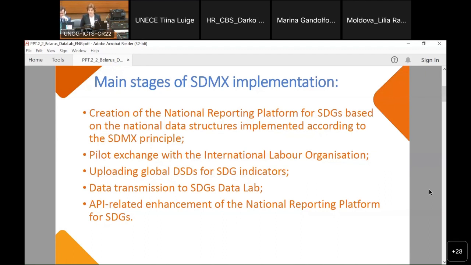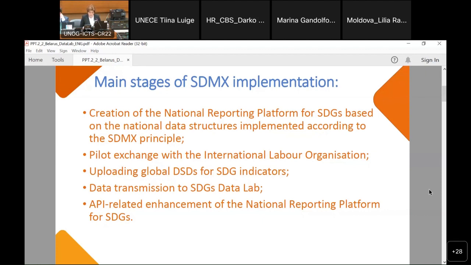In order to get a grip on this process, we wrote to the ILO and asked them to conduct a data exchange pilot with them. Our ILO colleagues were quite kind in meeting us halfway, and I'd like to use this opportunity to express some thanks to them, because it was thanks to their expert support and the experience they already have in working with the SDMX standards. We analyzed and adjusted our data sets together,